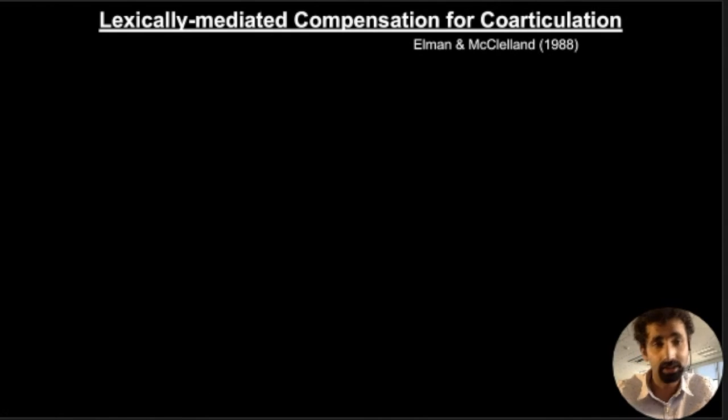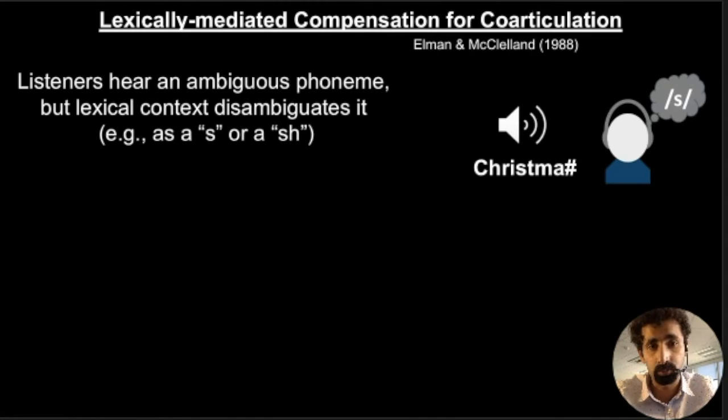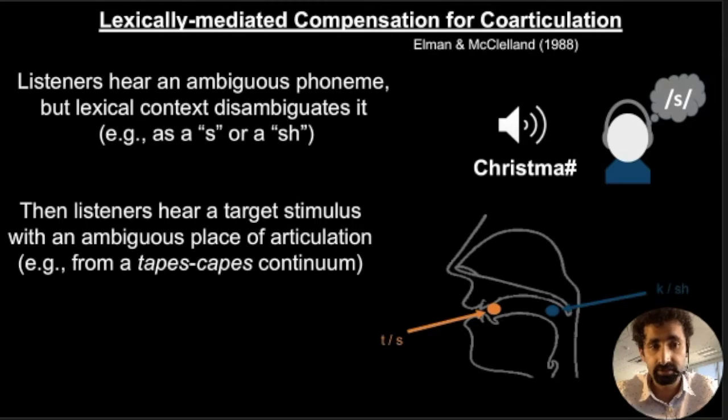So that's exactly what Elman and McClelland did in the late 1980s. They first presented listeners with an initial context word that ended with an ambiguous phoneme, but critically, lexical context disambiguated it to either be a sound with a front place of articulation, like an s, or a sound with a back place of articulation, like a sh. They then gave listeners a sound that was ambiguous between t and k, and they just asked them which one